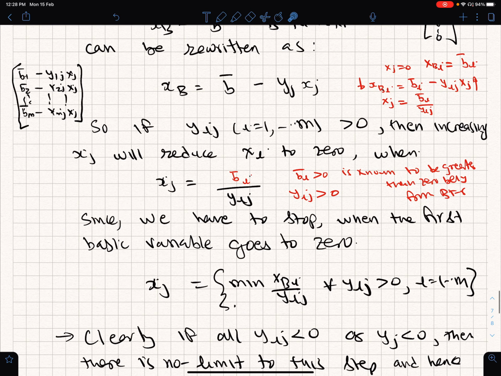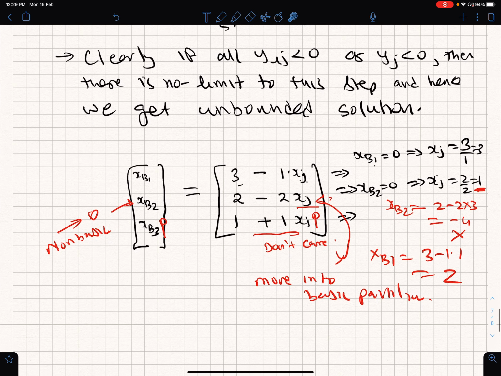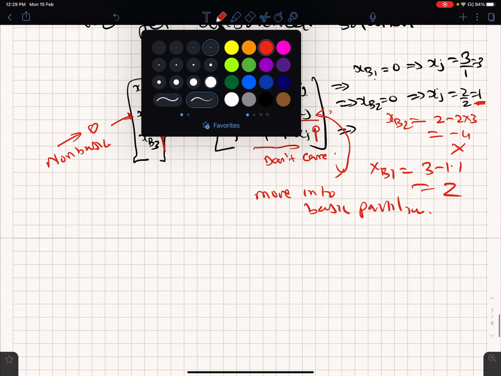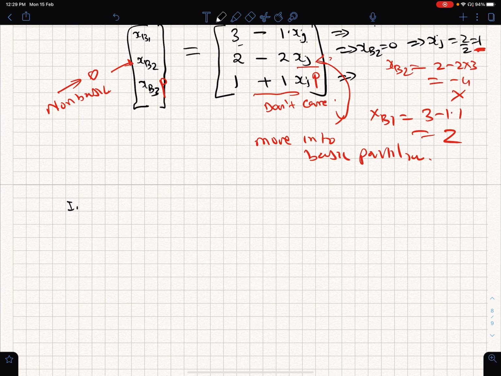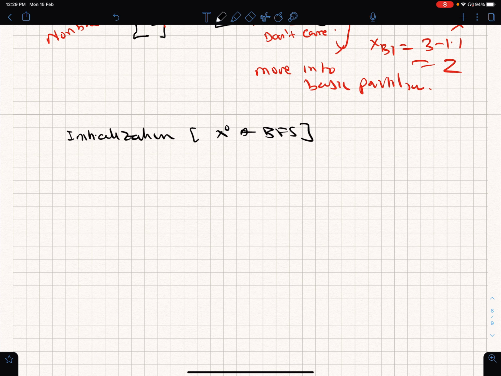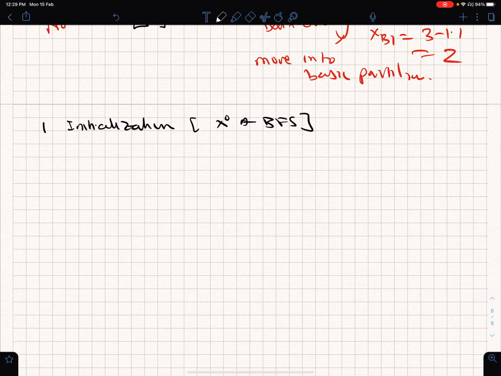So with this, we have actually covered all the steps of the simplex method. To briefly say, every algorithm has 3 steps. First, initialization. Here we assumed some x naught, a basic feasible solution. Later on, when we discuss phase one of the simplex method, we will see how this is obtained. In simple problems, the origin itself could be a good initialization point, but all algorithms have an initialization step.